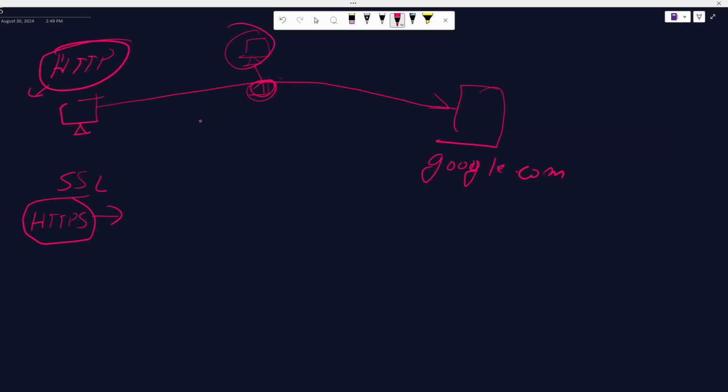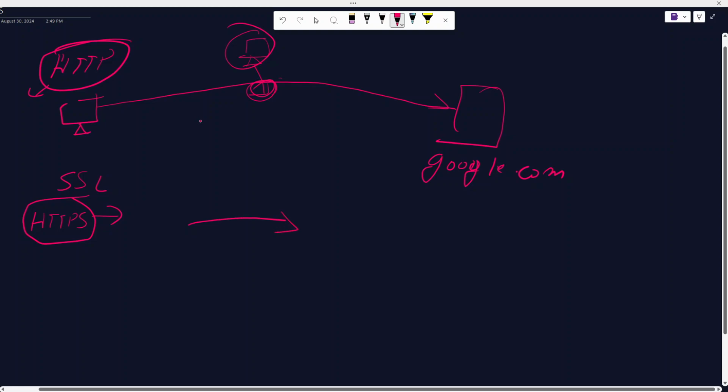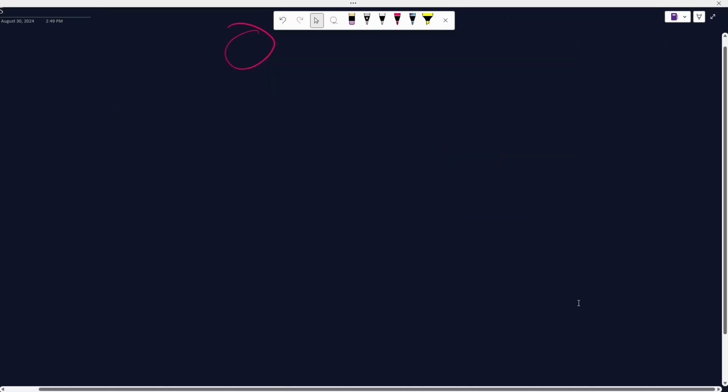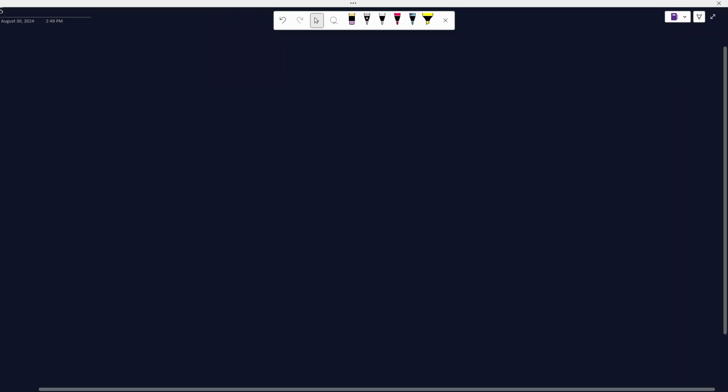So before the HTTP transfer can begin, there is an SSL connection establishment, and this is done through the SSL handshake. We'll read about the SSL handshake, what the process is, and what things are exchanged between server and client before both of them can trust each other. So yeah, before that,